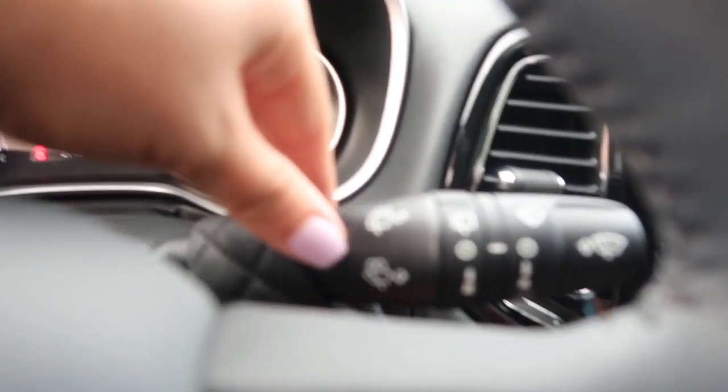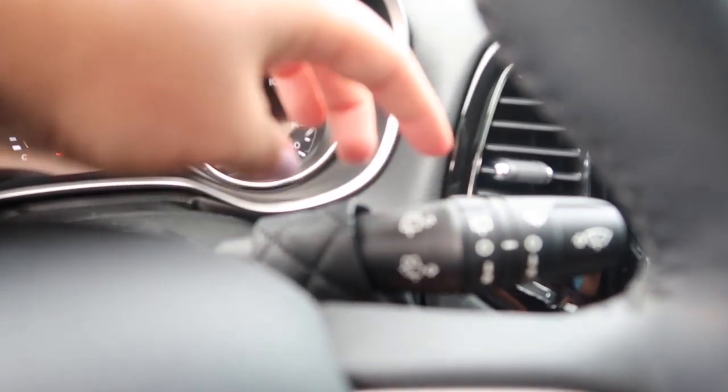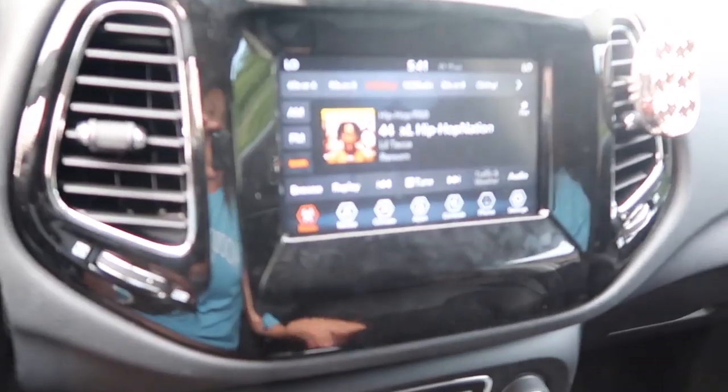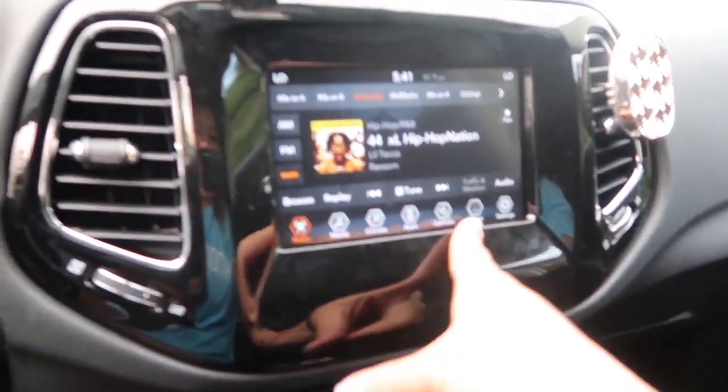Alright. That's what I did whenever you were driving. Well, that's fun. And then here's your lights over here, and then your wipers, the back ones. Spray your wipers. I just learned how to do the back wipers, because I was trying to figure it out while I was driving, but I figured it out. So then I have Apple CarPlay, which my phone isn't plugged in, but it usually is right there,